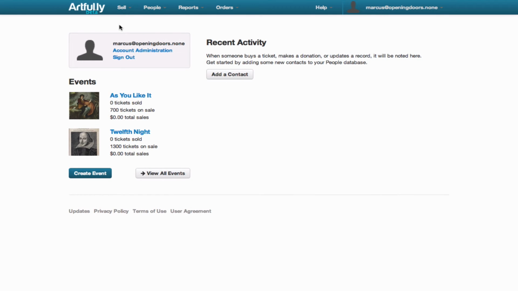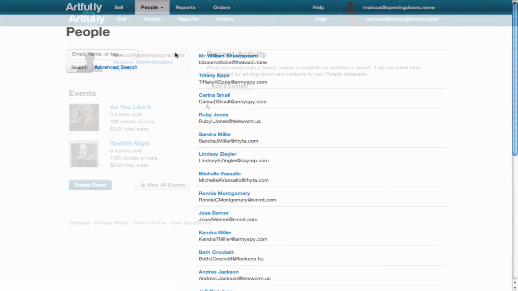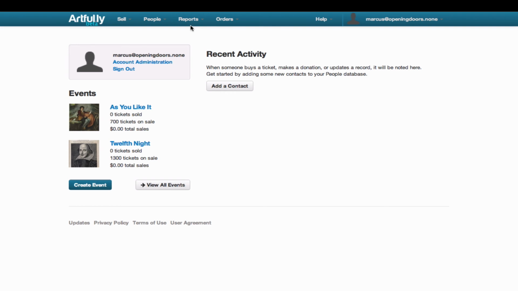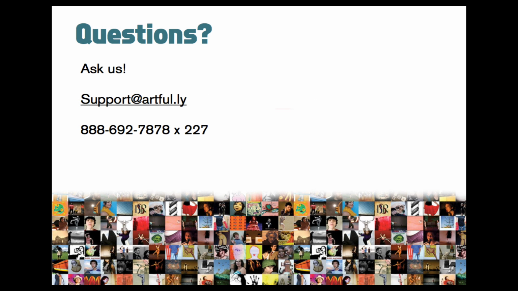You can find your newly imported people records by navigating to People and selecting either Simple or Advanced Search. As you import this file and beyond, you can track your import history by going to the Reports menu and choosing Imports and Exports. This concludes importing people